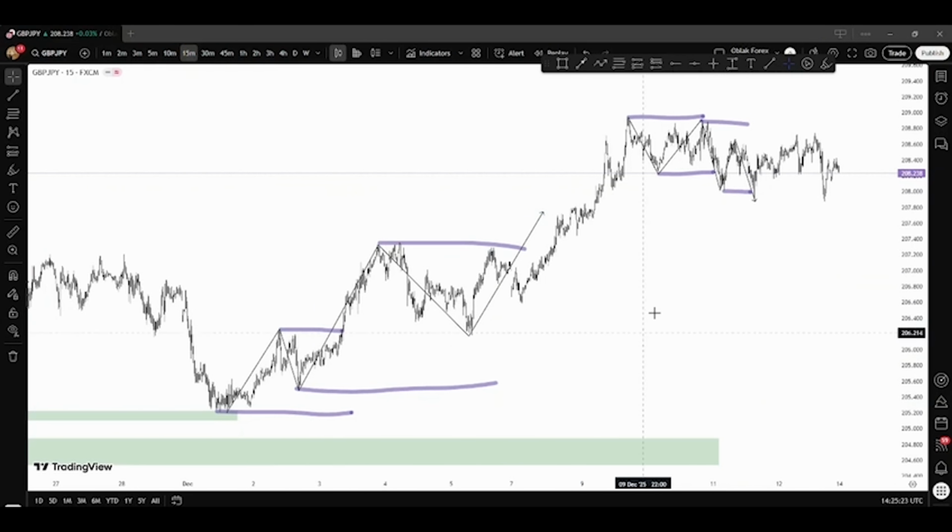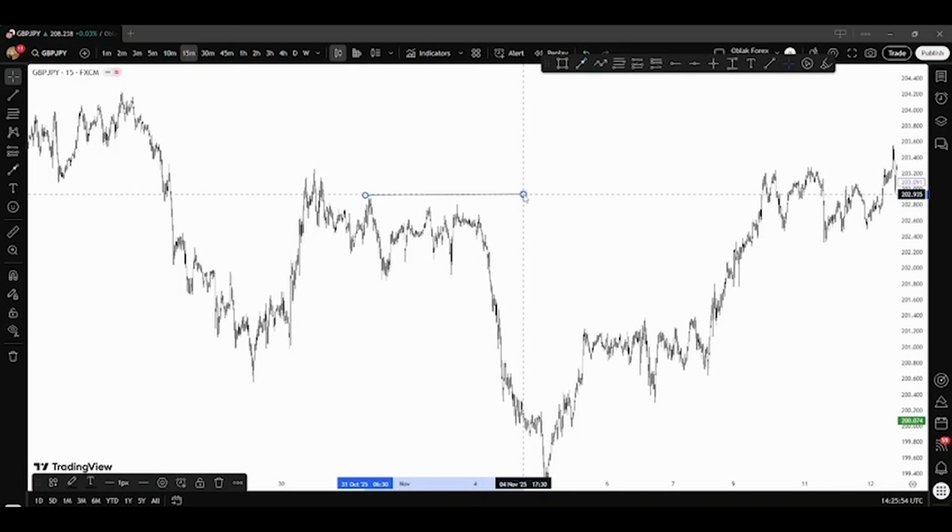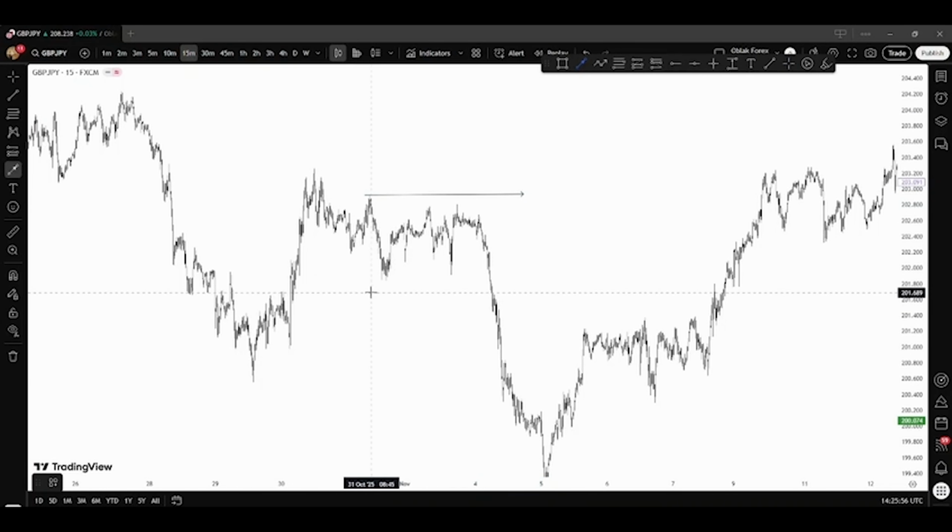And guys, I said I'm going to show you a ranging market, which is the other one that we don't really pay attention to. I think we have it a little bit here, but let's look for the one that has multiples of it. Let's see, ranging. Yes, guys. So this is a ranging market. Let's say we're on this high to be respected, and this low to be taken out,